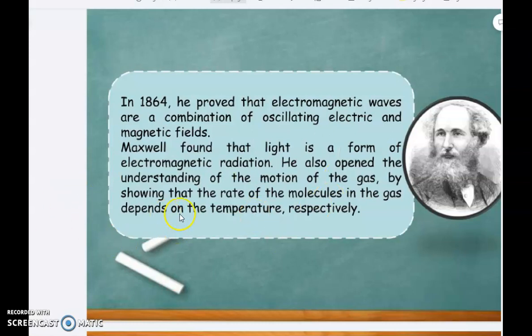So what you should pay attention to here is the rate, as Maxwell could have it: the rate of the molecules in the gas. So according to you, what amount of rate of the molecules in the gas do you think we should pay attention to? These molecules in the gas depend on the temperature, and this temperature is going to be proven later by